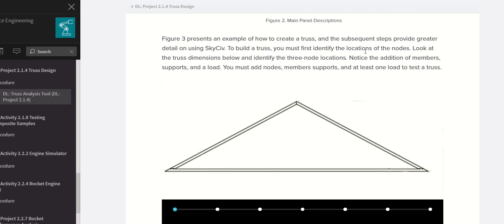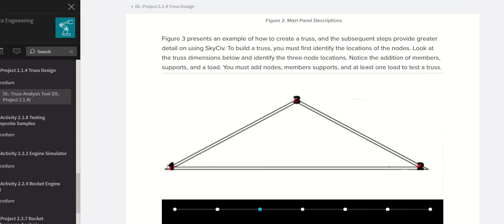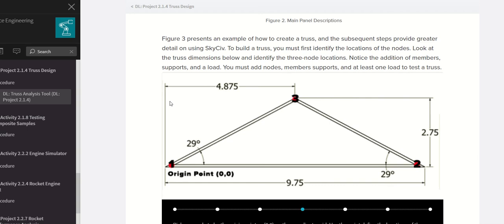Okay, so you need to read this, and pretty much what I'm going to do is identify 3 node locations according to this example. How can I get all those values? By clicking right here. So I need to do 3 nodes. So it's node 1, 2, and 3. And these are the dimensions that I need to use. Node 1 is 0, 0.